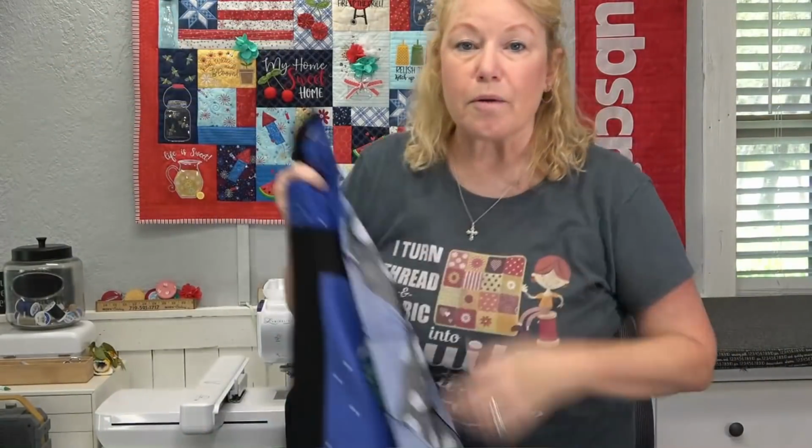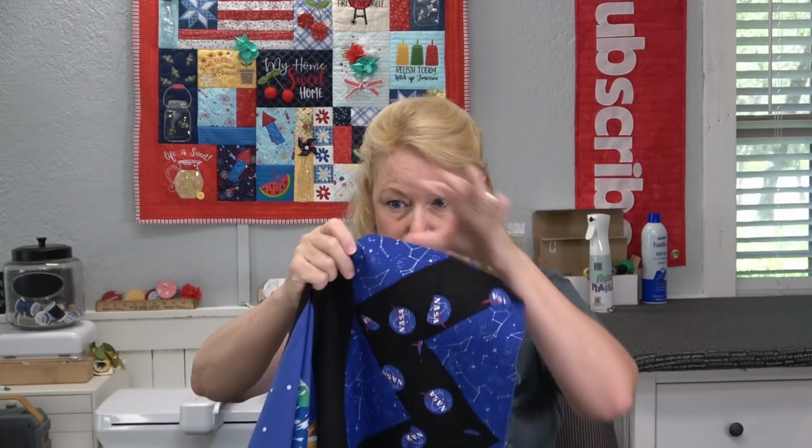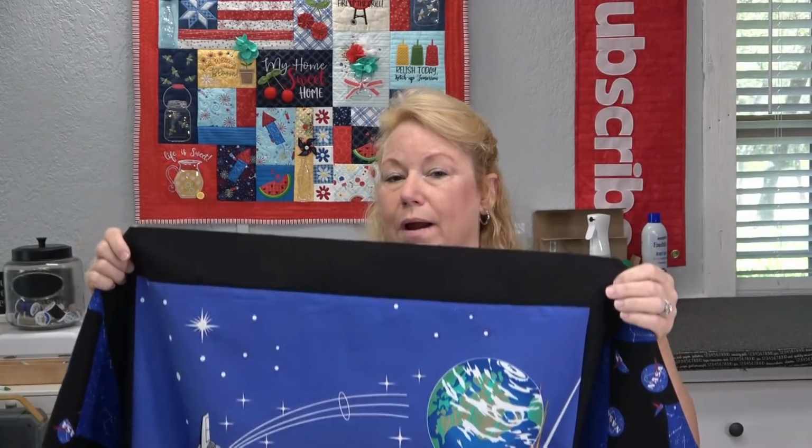Okay, so if you are making this quilt, here's what I recommend. Learn from me. It's not in the pattern to do it this way, but I really think you should. Put your sides together first and measure the length of those, then do your top rows and put those together, and then consider the width of the border you're going to put around the panel, and trim your panel to fit that. The way the pattern is written, it allows for a panel that is approximately 24 by 42,